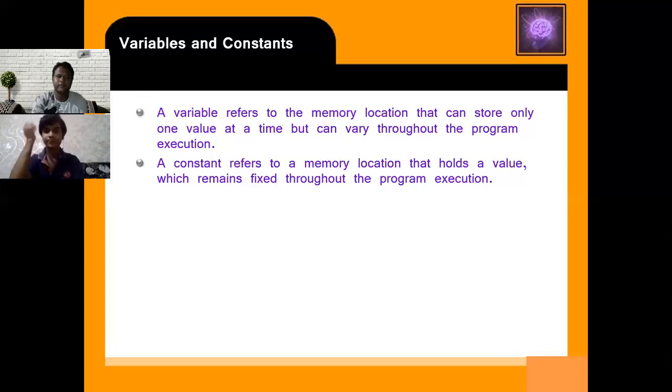Suppose we define two memory locations, A and B, to add two numbers. You store 10 and 20, and it gives you 30. When I give 40 and 60, it depends on that. So the variable value changes.